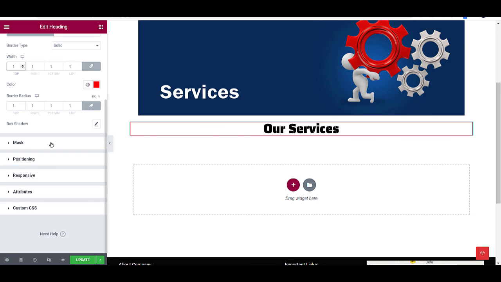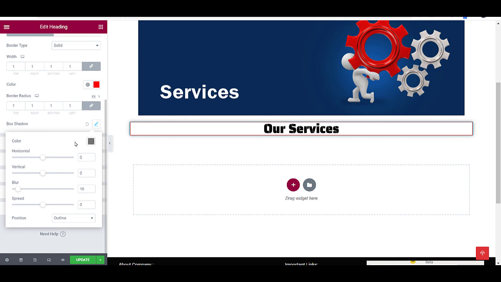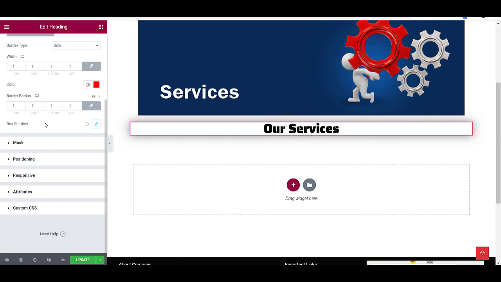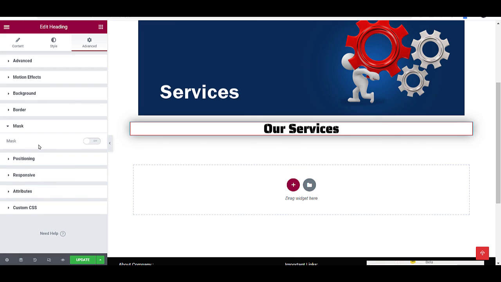Yeah, now you can see the border of this service, and even I can give a shadow more. Masking, you need or not, that's it, we have done. Just update. Same you can do for mobile.